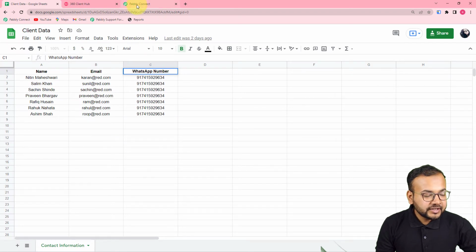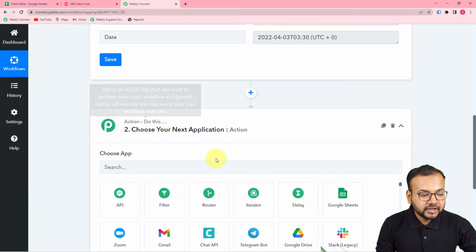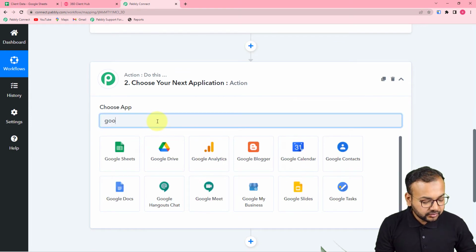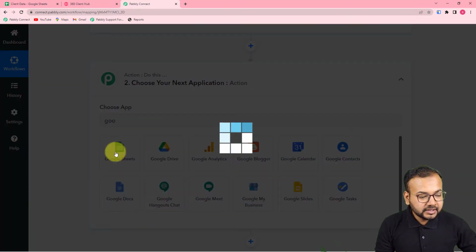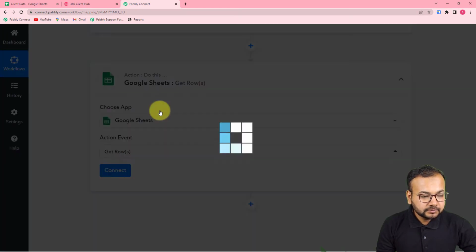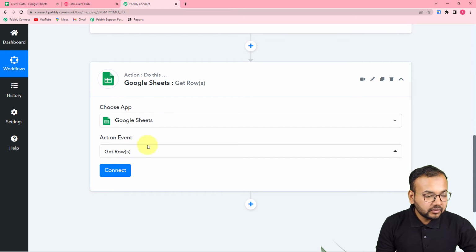Okay, so to fetch this data, you have to connect your spreadsheet application, which is Google Sheets, here in the sections tab. So from this tab, search for Google Sheets and select it, and in the action event you have to select get rows option. Okay, then you have to click on connect,